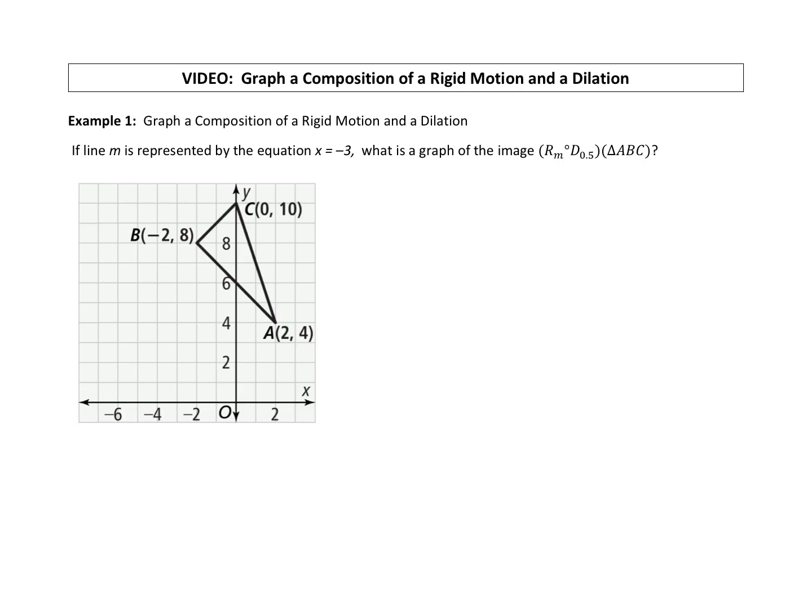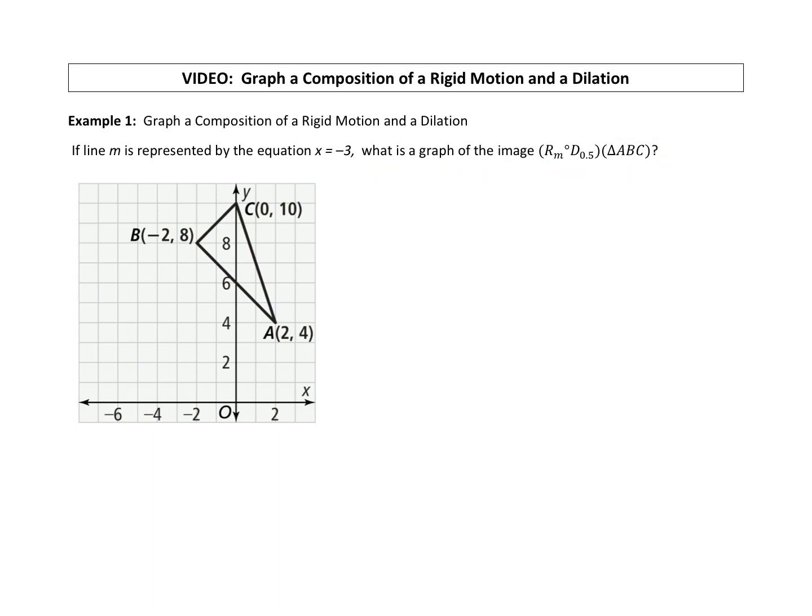All right, we're going to start with graphing a composition. Remember, a composition is two, it could be more, but in this case it will be two transformations. We're going to look at a transformation of a rigid motion and a dilation. So it will be some rigid motion, could be a reflection or a rotation or a translation combined with a dilation. So if line M is represented by the equation x equals -3, what is the graph of the image